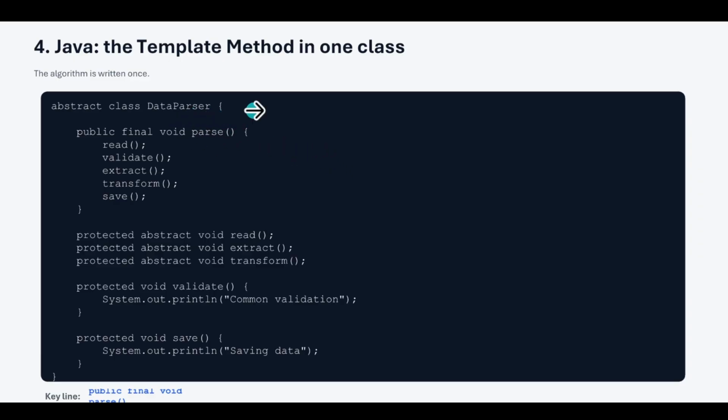Now we have this abstract class data parser. In this we have a parse method which will call all these methods. It will read that file, validate, extract, transform, and save. These are the common steps that need to be done in every parser. We also have some common functionality like validating the file and saving the file. That would be the same for all of these parsers. We are assuming that